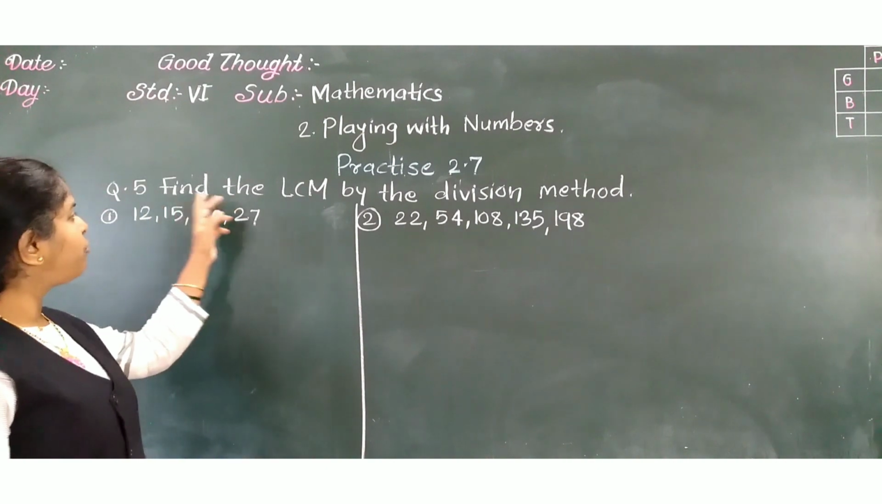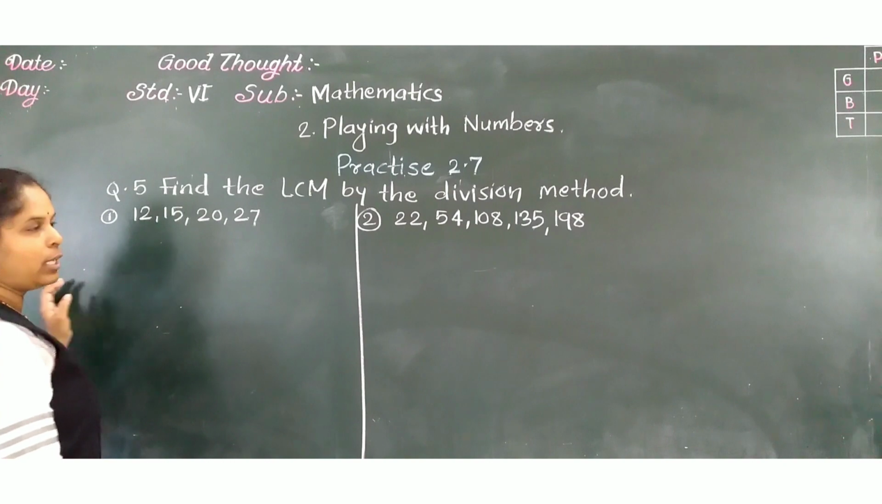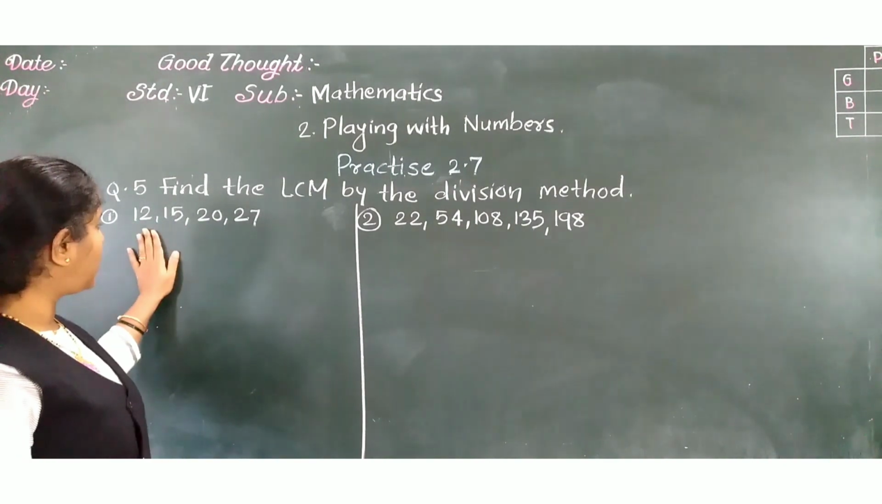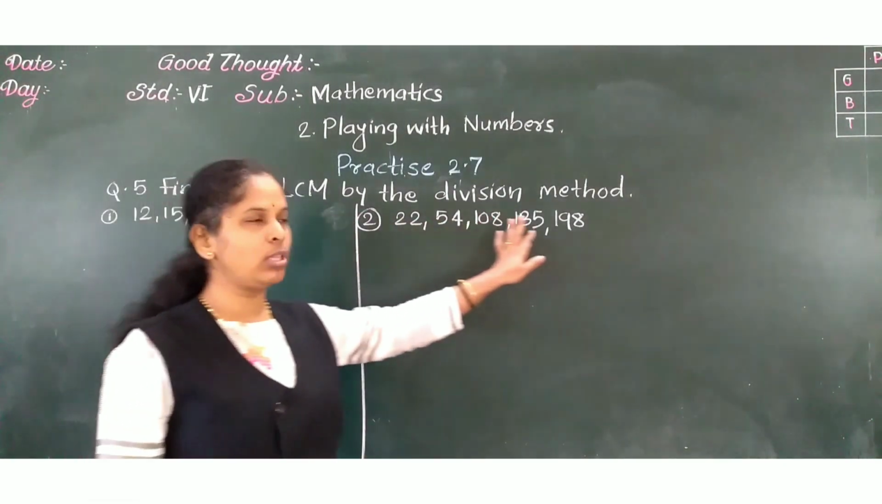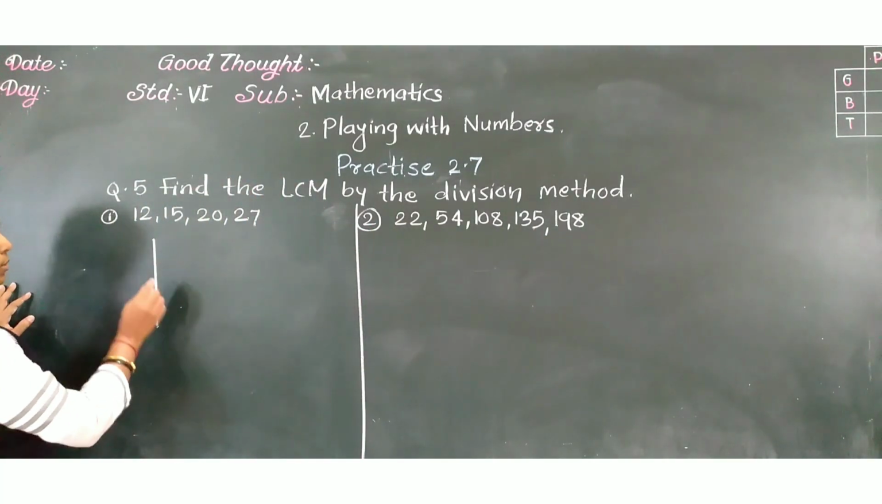Question number 5. Find the LCM by the division method. Now, division method means what? In that method, at a time we have to divide all these numbers. Okay, so here first we'll arrange